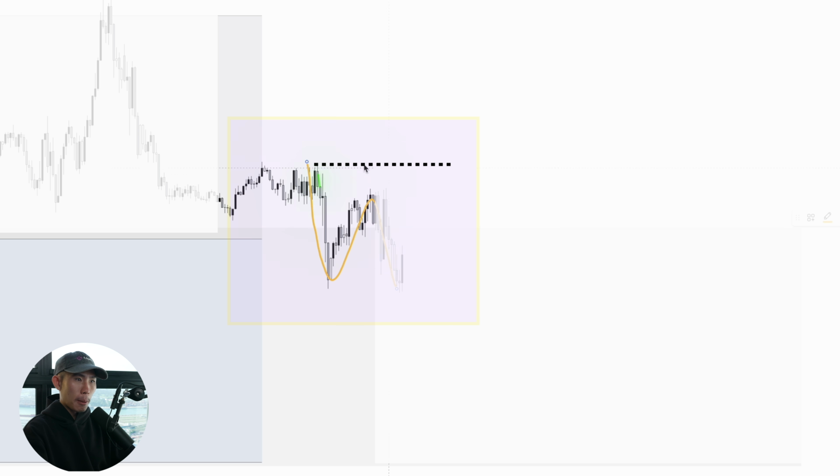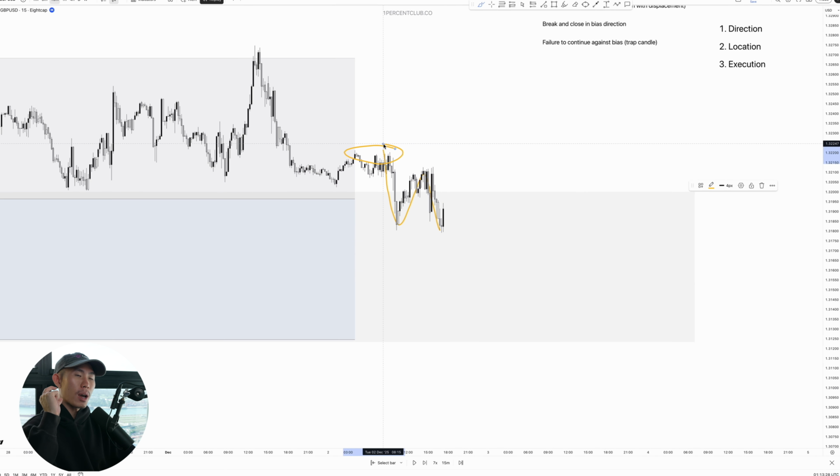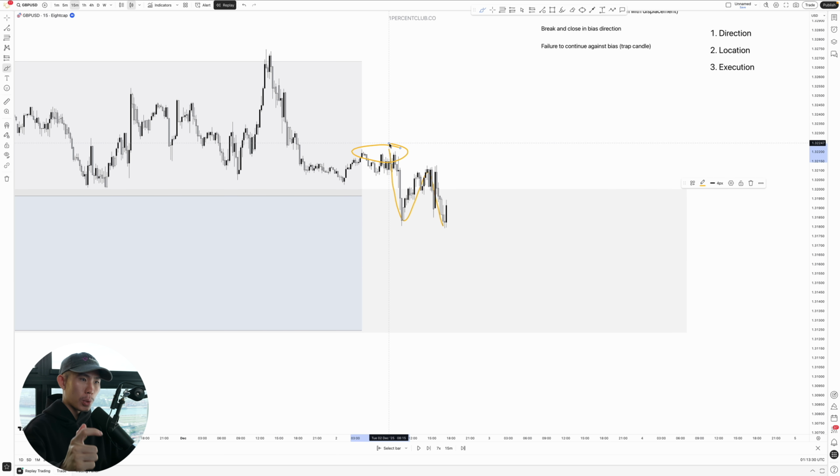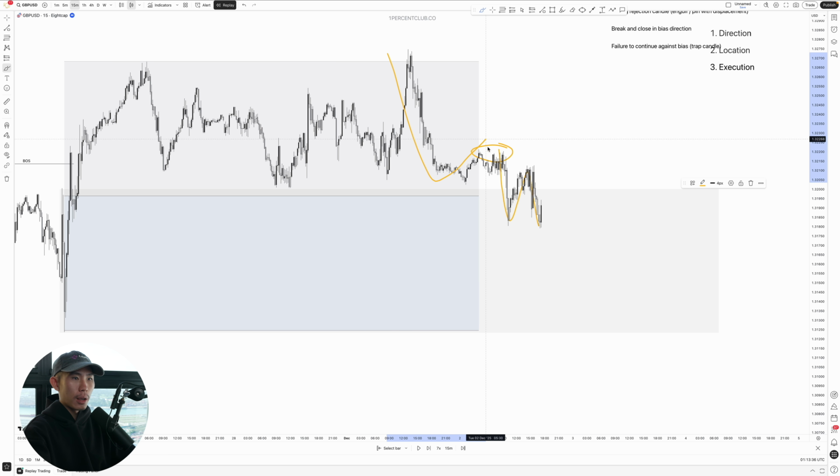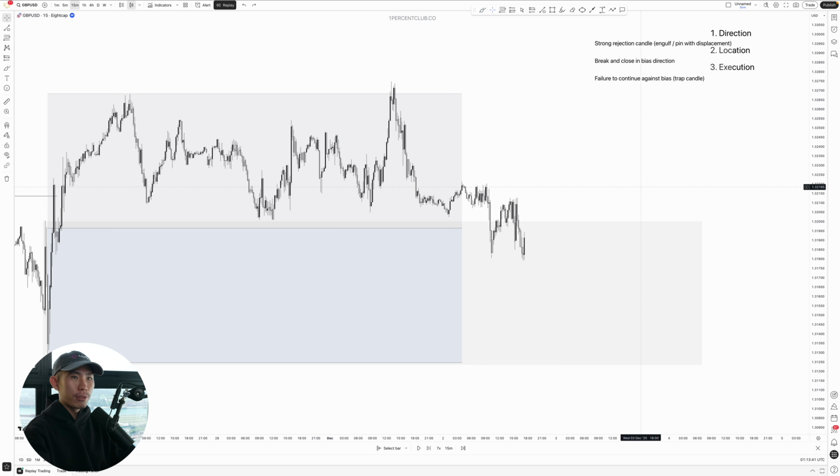Price did not break structure. Price did not take out this last lower high. If price is able to take out that last lower high, then that is where we know that demand has overpowered supply and the buyers are in control again. So this pullback is over and right now we are most likely shifting bullish. Okay, so that's pretty much the confirmation that we need.